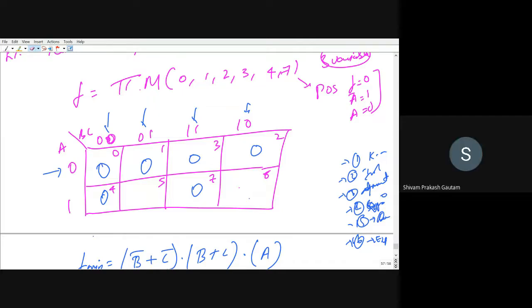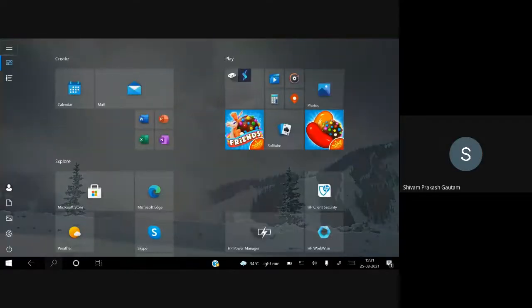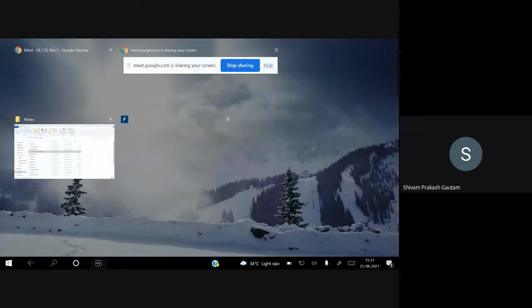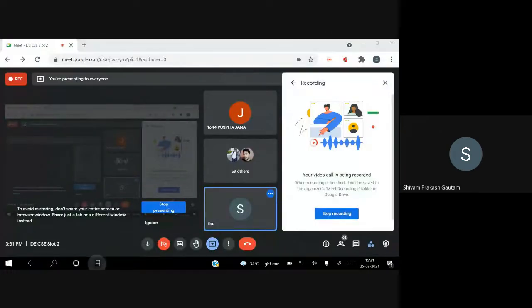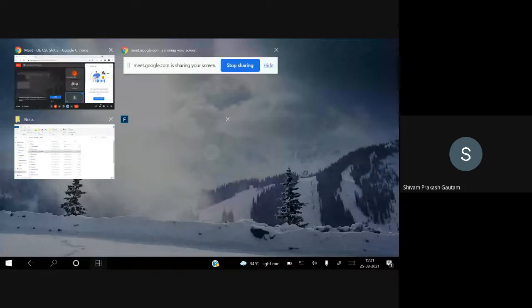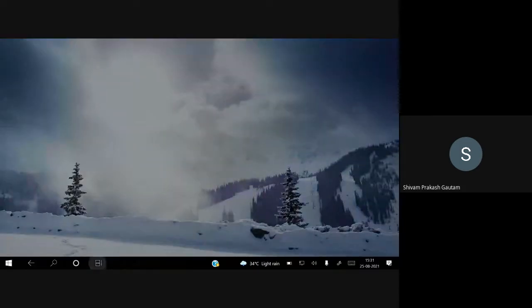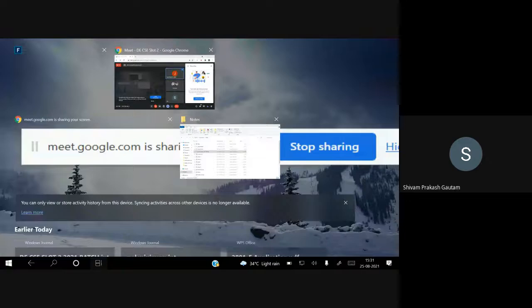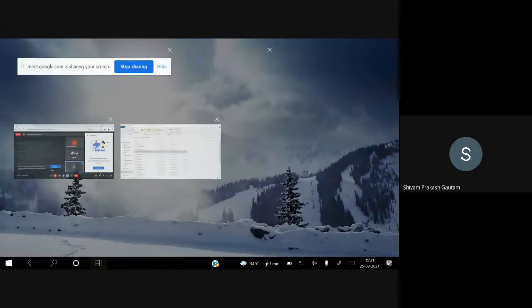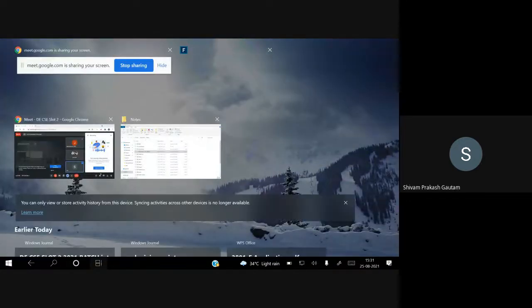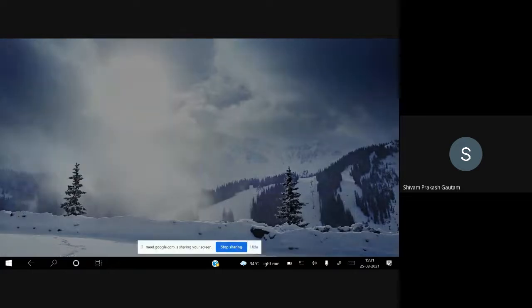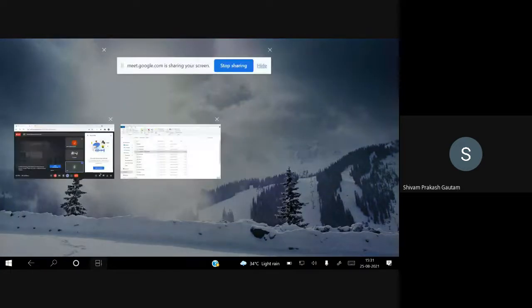If you look at cell number 4, it is only adjacent to, just wait a minute. Just wait a second.